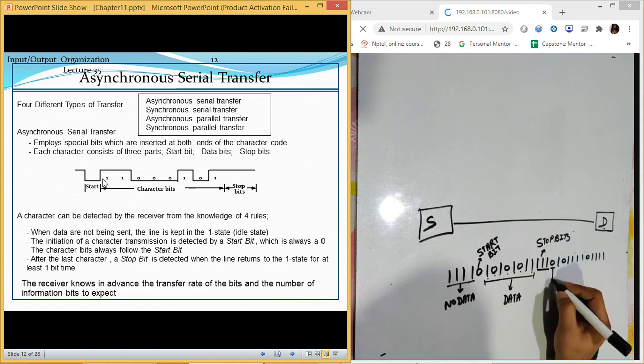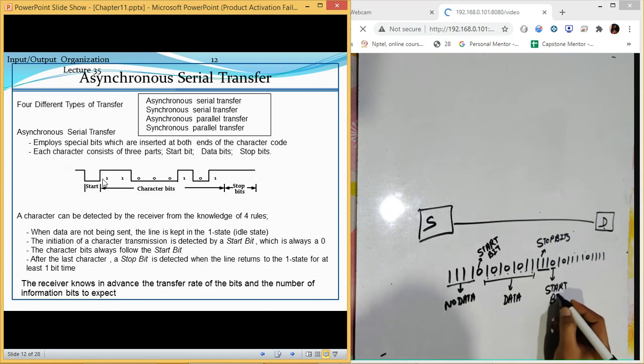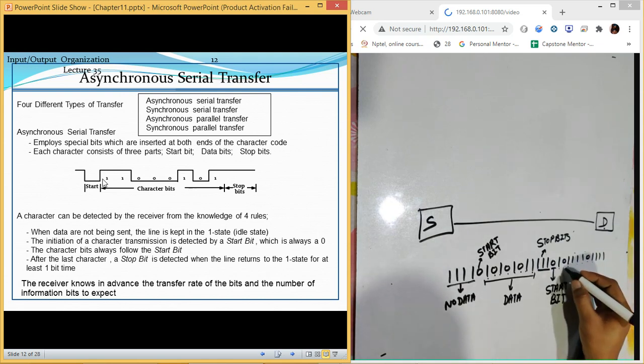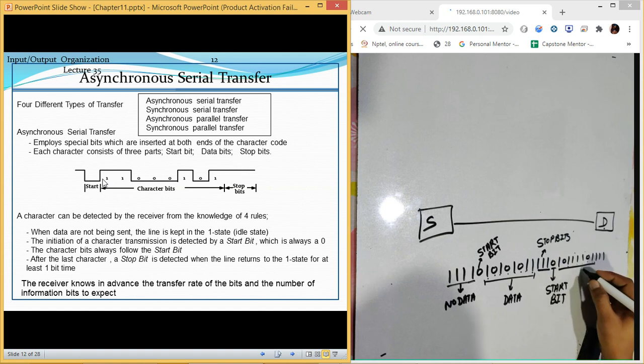Then this is again a start bit. From here till here we have data, and after this these are the stop bits.